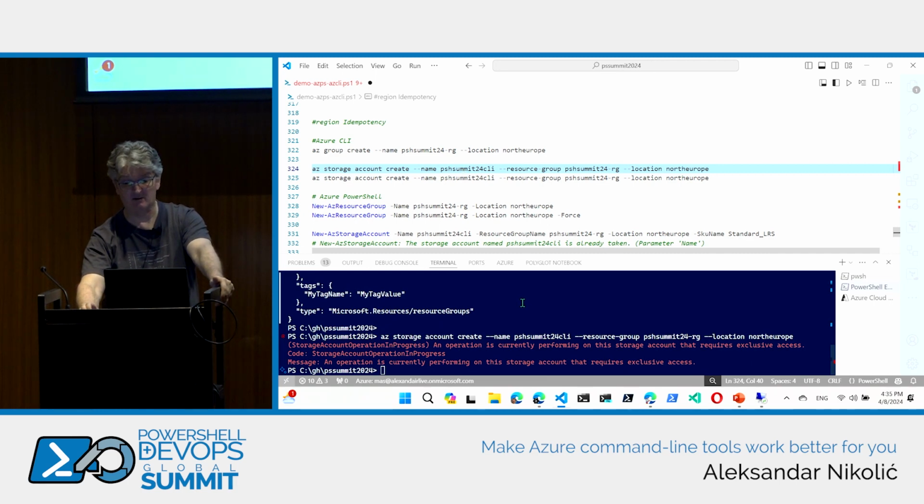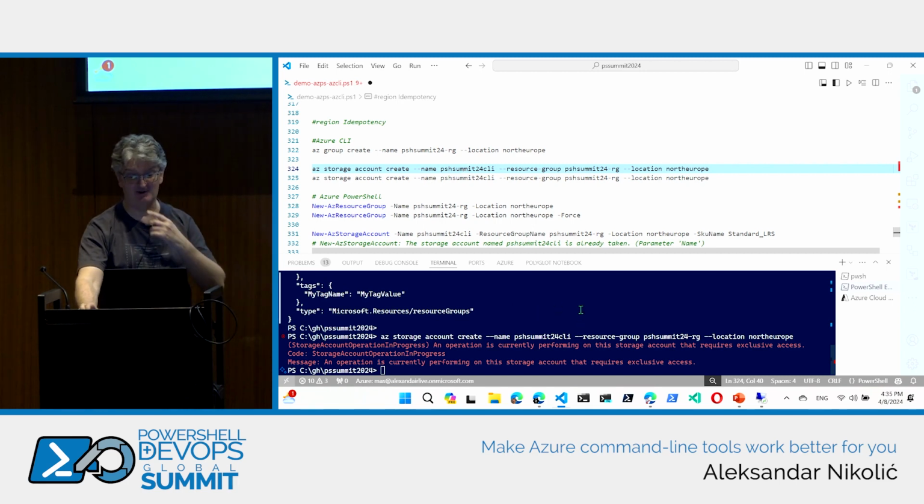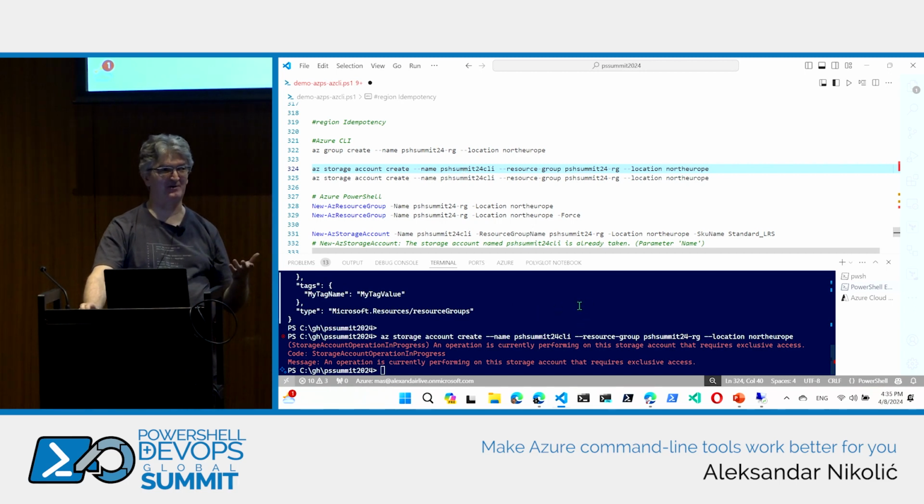Okay, now we have a really interesting error. Operation is currently performing on this storage account that requires exclusive access. Seriously? Operation is currently performing? What does that even mean? That's a bouncer again. This is crazy because this storage account didn't exist. This is the first time I'm trying it. I changed the name just before this session to make it fresh. Okay,